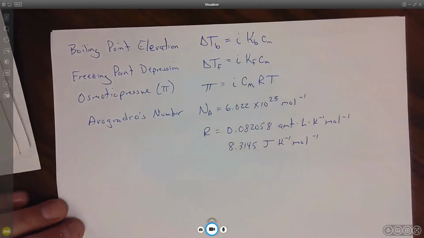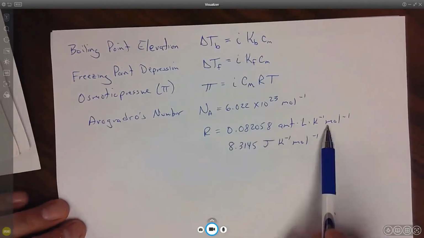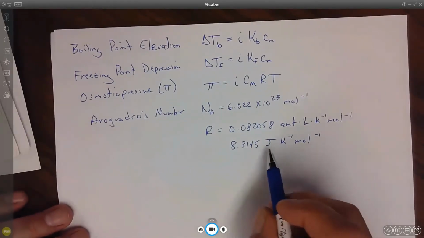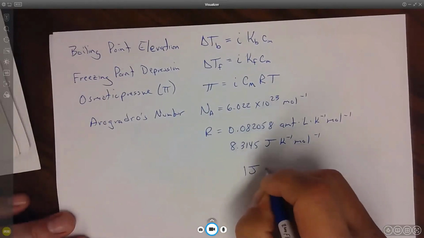And again, which one you use really depends on the unit. So when you learn these, you should have learned them with their units. That way you know exactly which one you have to use. And then, of course, the joule, a lot of times we have to convert it, and 1 joule is equal